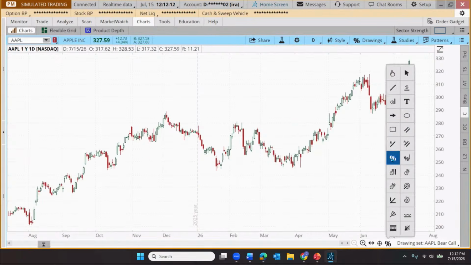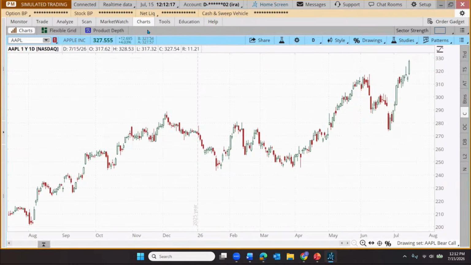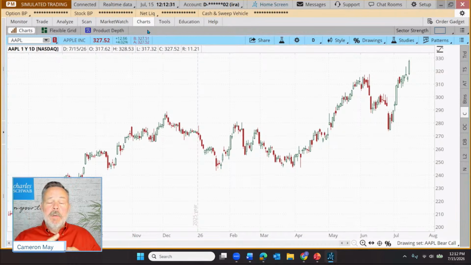Let's make sure that we've selected the percentage icon for the Fibonacci retracements tool. So really what the trader is looking to do here, Fibonaccis are typically used to identify potentially important reversal points on a chart that haven't manifested, that haven't happened yet. So those reversal points might be support or resistance lines in the future. Now that's a tough task, trying to anticipate where a stock is likely to reverse its direction in the future, either going from a downward move, hitting lows and starting to go up, or an upward move, hitting future highs and starting to head down. But that's the concept here.